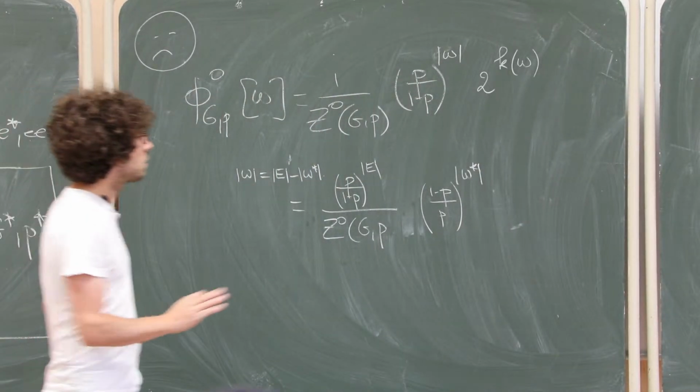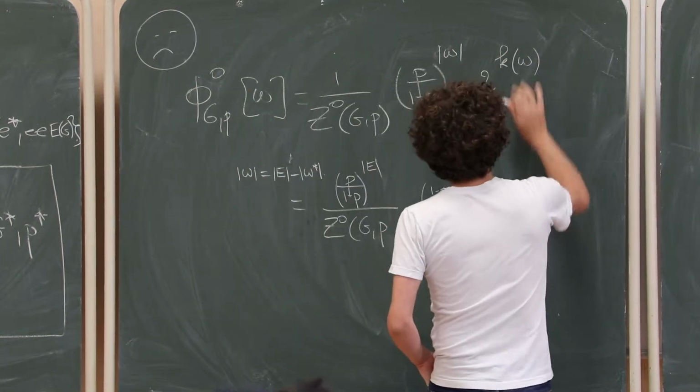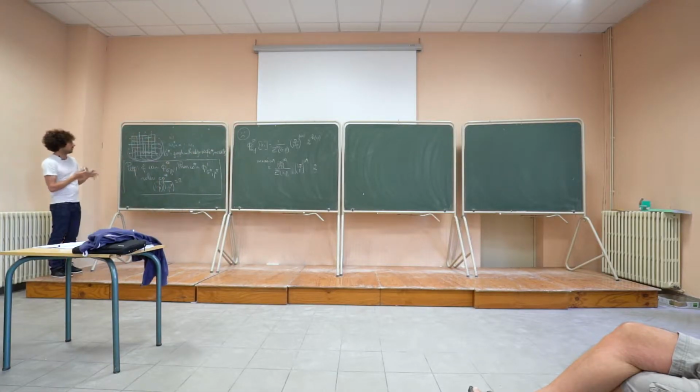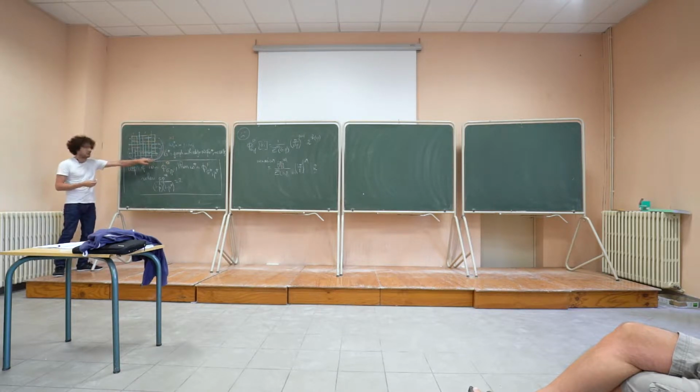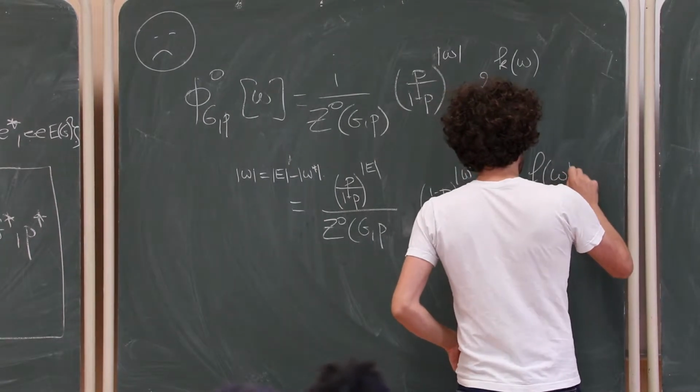What is a little bit more technical is to interpret this other term. So how can I express the number of connected components in omega in terms of omega star? Well, if you think about it, the duality is such that in this big graph, the violet one, the number of connected components for omega is exactly the number of faces of this graph. To each face of the graph corresponds a connected component of omega. So here, this is the number of faces in omega star.